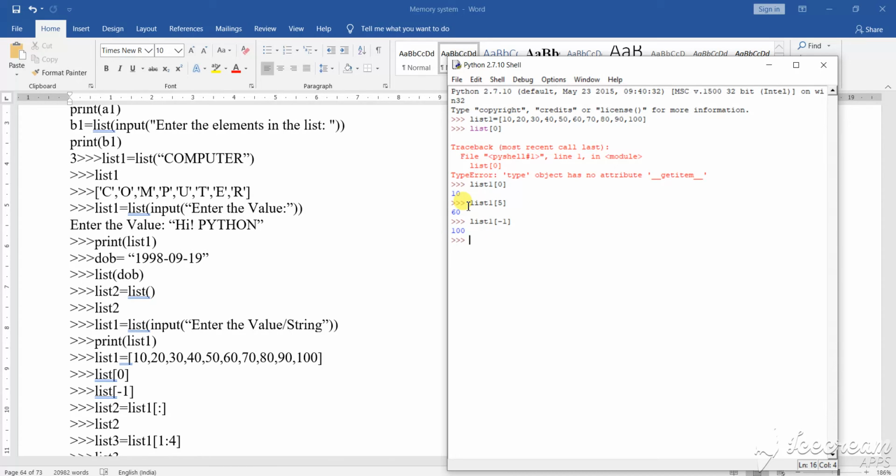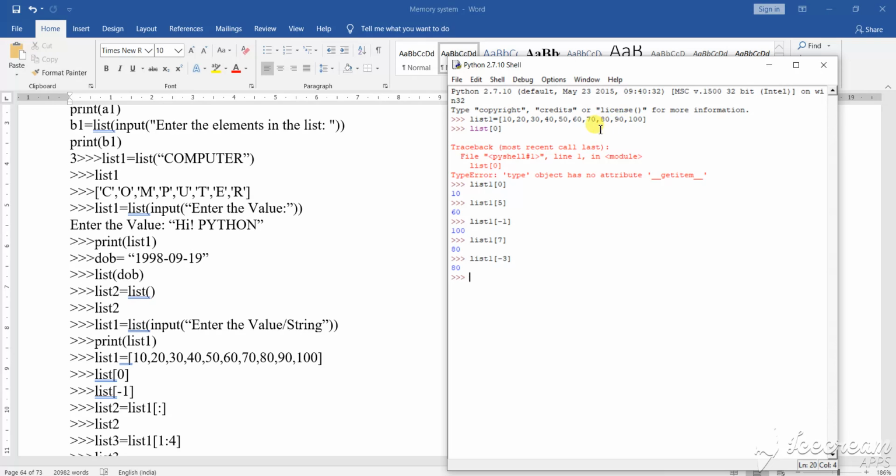Suppose list 1, 7th position. It would give the wrong result if I only wrote list, because it must be list 1. So list 1, 7th position is 80.